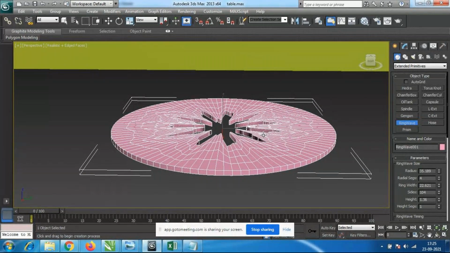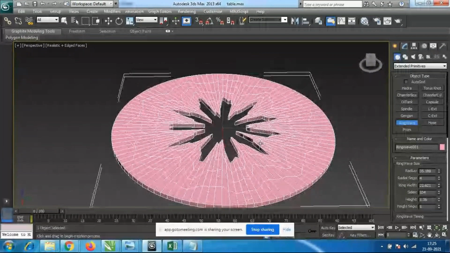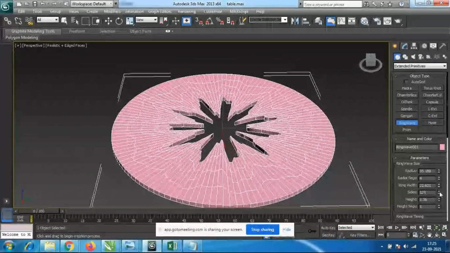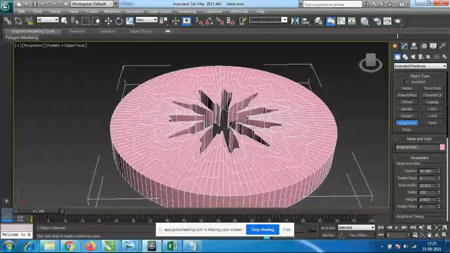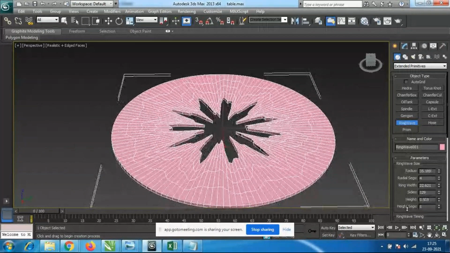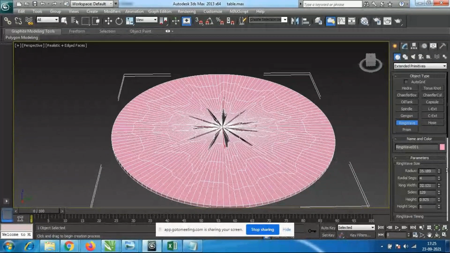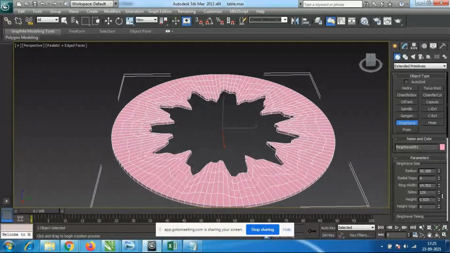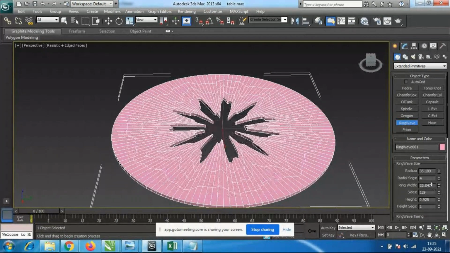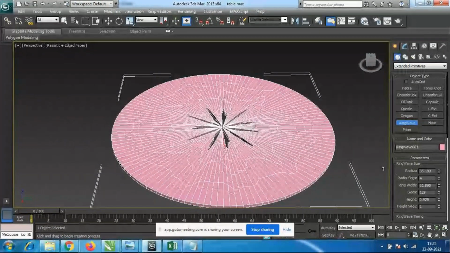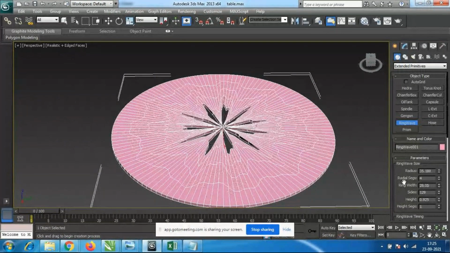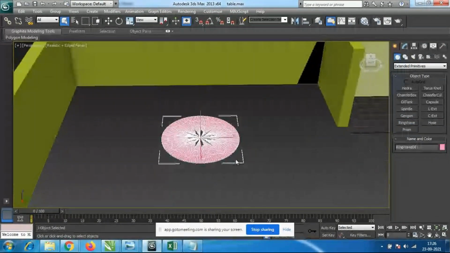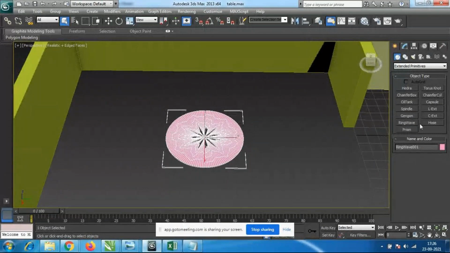Yeah, again you have this option, radial options are there. So these are the designs you can make. You can use it on the dining table as a mat. All these designs you can use. Okay, some designs you have to create, so at that time you can use it. Okay, so that is called ring wave.